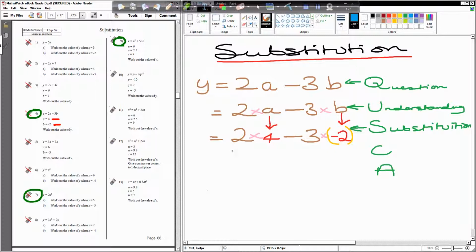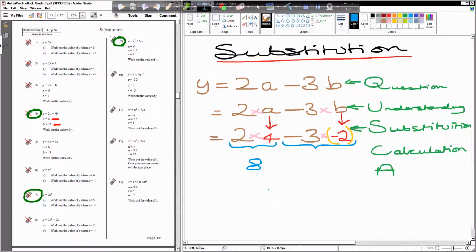The next part is C. What does C stand for? Calculation, and we're actually going to work it out now. So 2 times 4 is the first part of my calculation, which is 8. And then we have minus, oops, I should not put that minus down first. That's a bad habit. So we have minus 3, the next part,